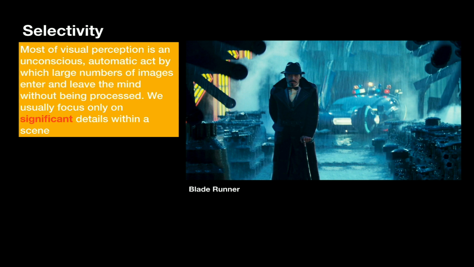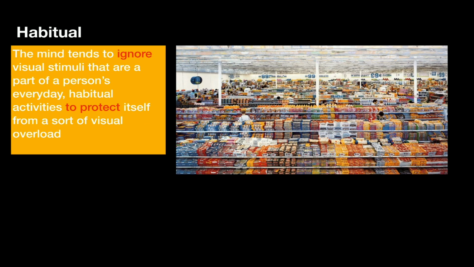We select objects that we think are important, and when there's a lot of chaos going on, we'll be attracted to objects that seem like they need to be focused on, and we will only focus on those that are detailed, things that are details that are important or that we think are important. So we're making a selection on something. Of course, it's usually people. The next one is habitual, right?